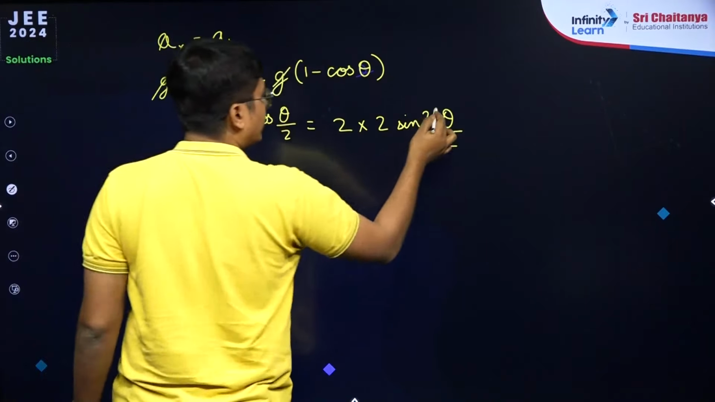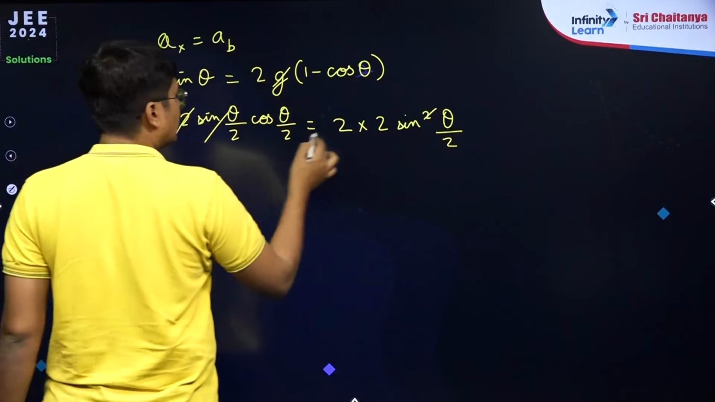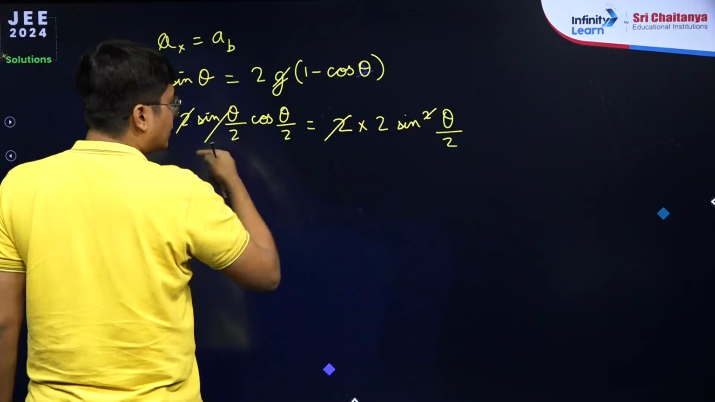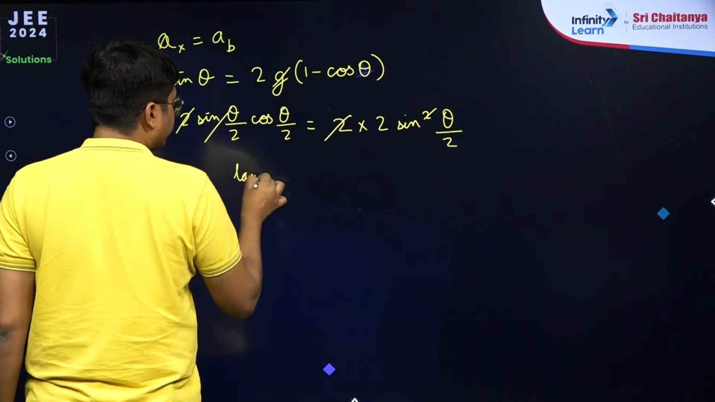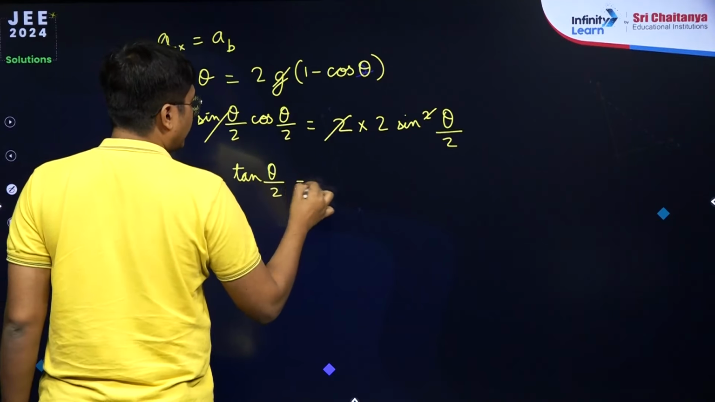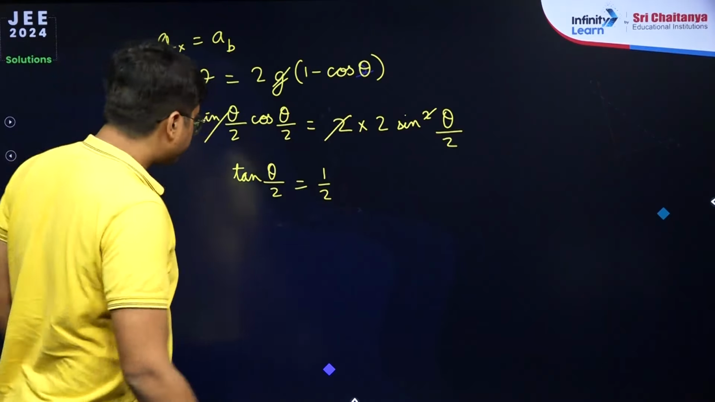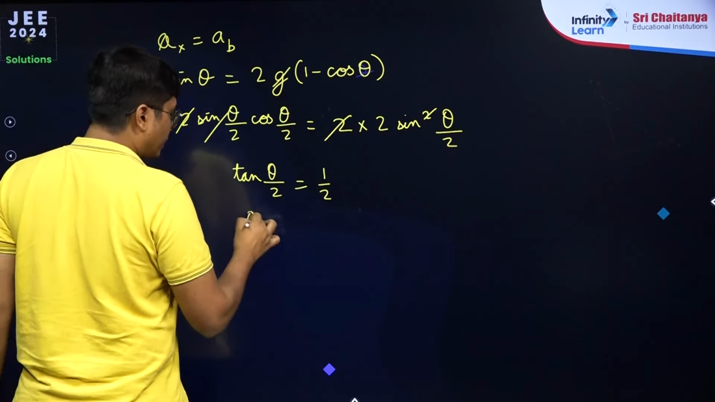Cancel out one of the sine theta by 2. Cancel out one of the 2's. So if I bring the cos theta by 2 down and send the 2 over to that side, I will get tan theta by 2 is equal to half, because this 2 comes down and the cos theta by 2 goes there. So just from there I get theta by 2